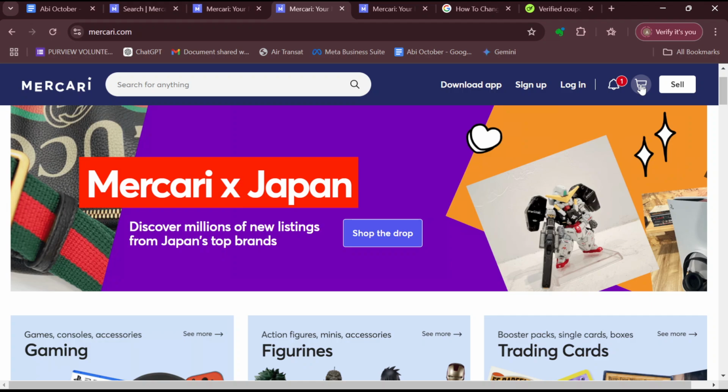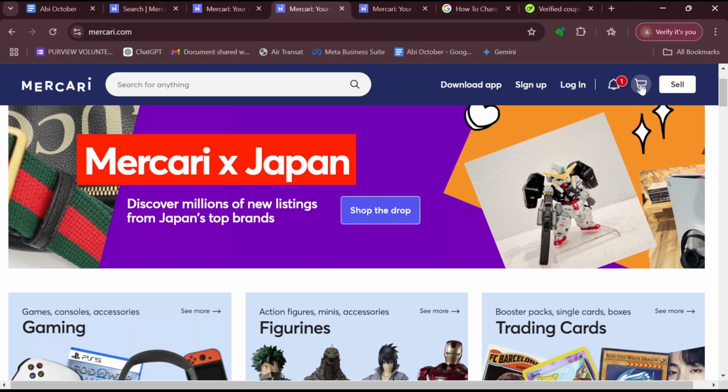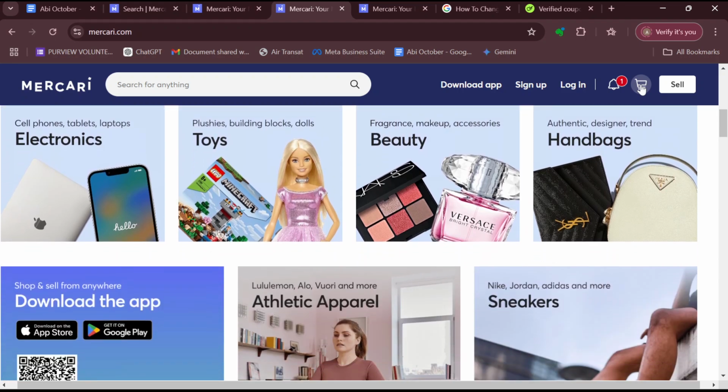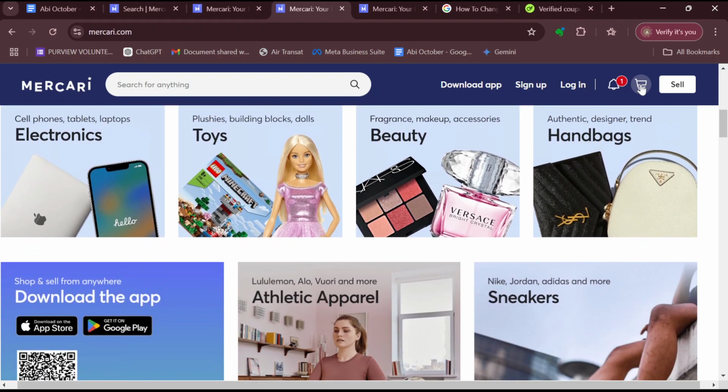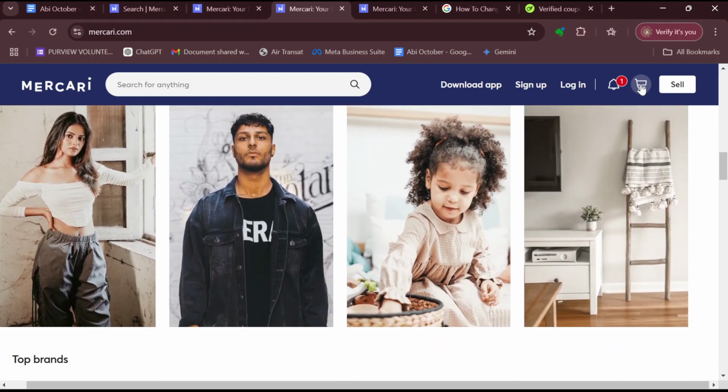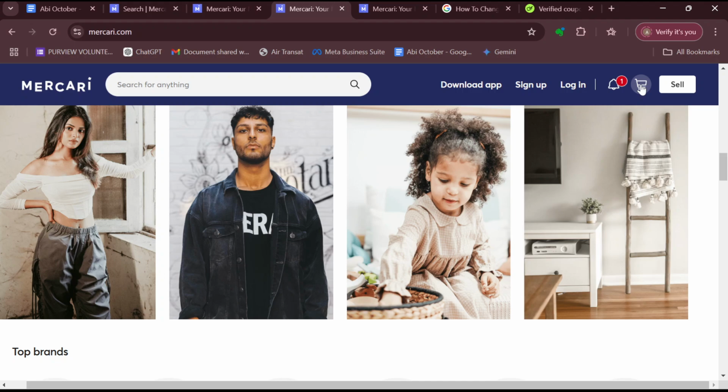Once you click on your cart icon, you will be taken to your cart page where you will see all of the items that you've added successfully to your cart. So once you can see this, click on the item that you'd like to remove to open details about the item. So once you click on that item, you will see the option remove at the lower part of the item name. Just click on the remove icon, and then just like that, that particular item will be removed successfully